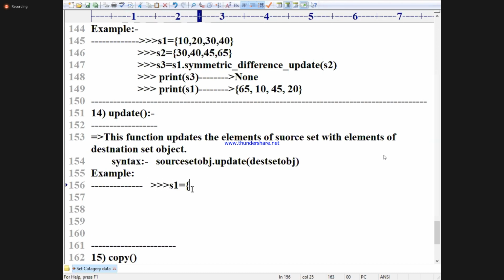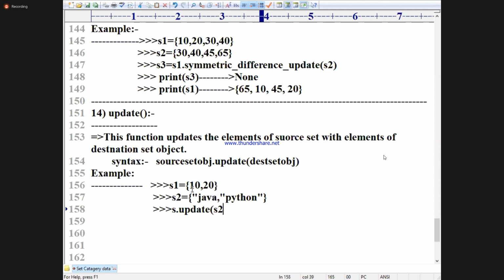S1 is equal to 10, 20. S2 is equal to Java and Python. S1 dot, I'm straightforward writing, update of S2.